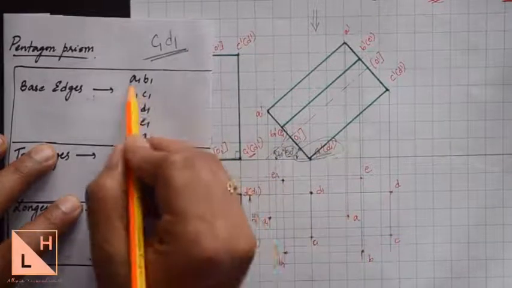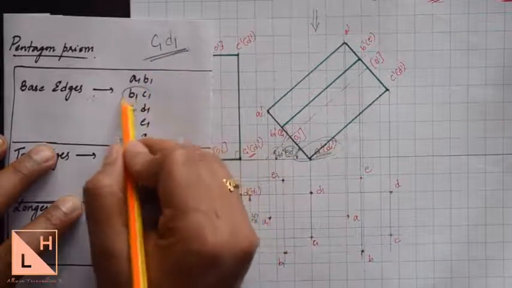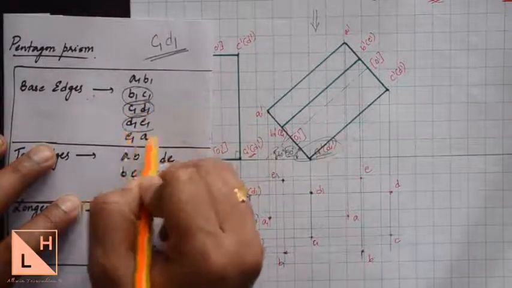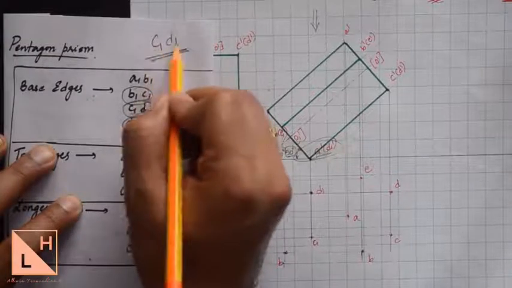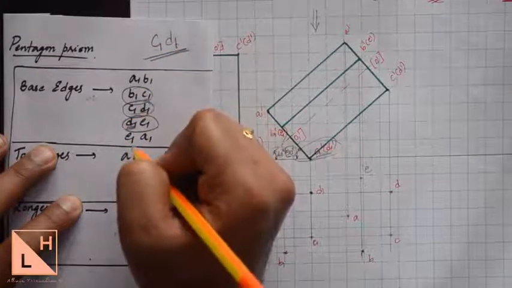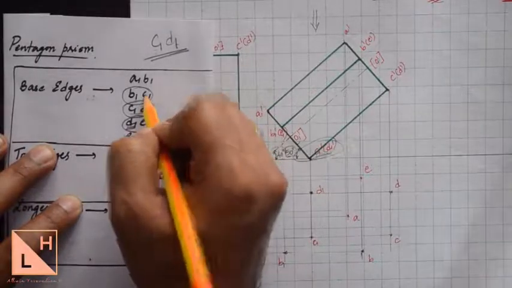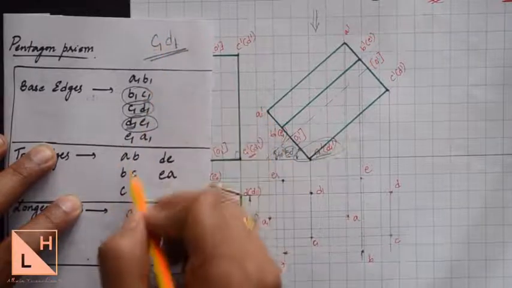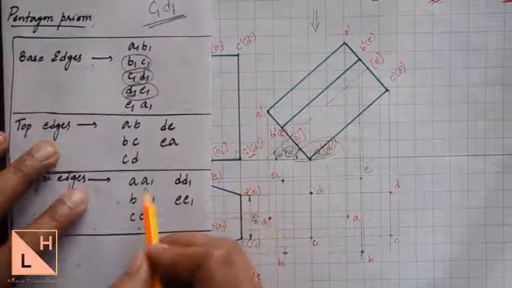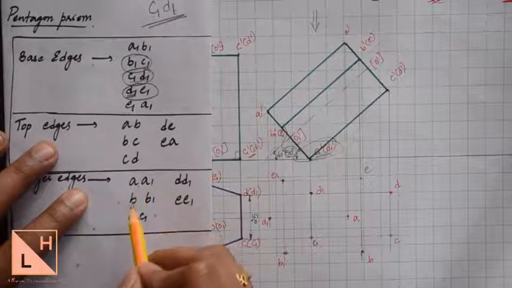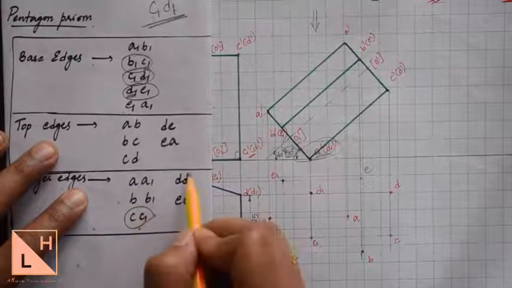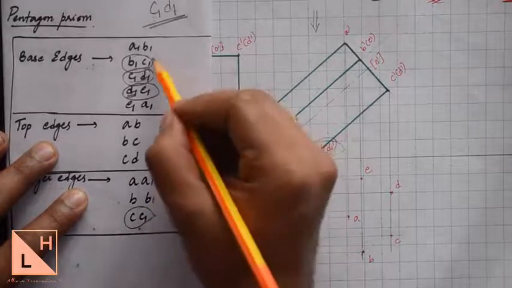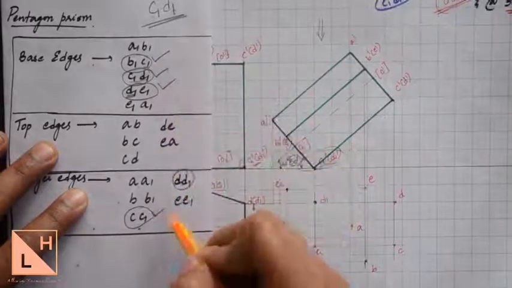So look at A1 B1, no presence of C1 D1. Here we have C1 is here, C1 D1, both points are here, and D1 E1, so D1 is here. Any one of these 2 points or both the points must be present in that particular edge. That will be considered as hidden edge. Here we don't find either of the points, and none of these contain C1 D1, so all these are visible edges. And here we have AA1, no C1 D1, no C1 D1. Here we have C1, here we have D1, and here we neither have C1 or D1. So we have identified 5 hidden edges, 1, 2, 3, 4 and 5.